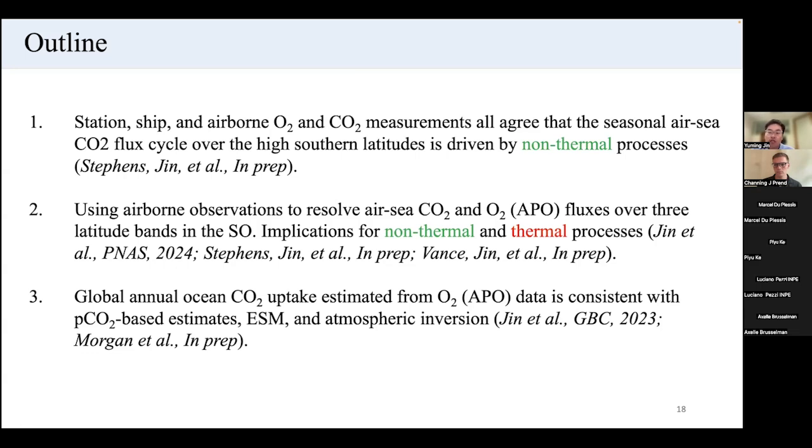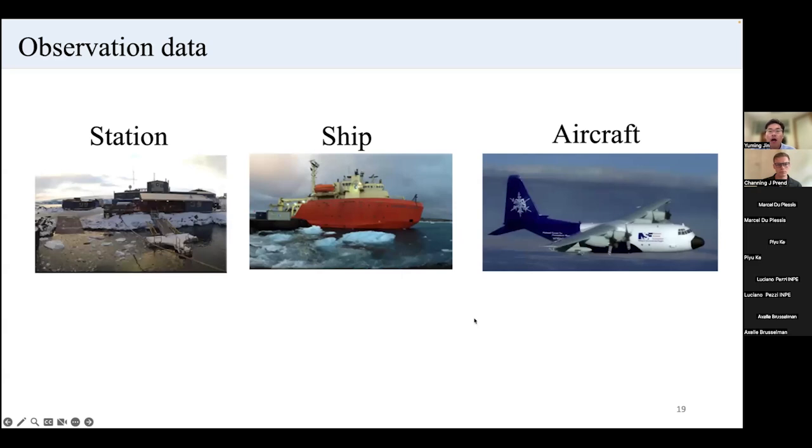The station data could also provide a constraint on the long-term change of carbon uptake because we have observation for more than 3 decades right now. So I will use observation from surface stations, from ships, and from aircraft. I want to note that the ship measurement here is actually the atmospheric measurement along the ship rather than the ocean measurement. And I will show this data, but I want to just emphasize the main advantage of using atmospheric